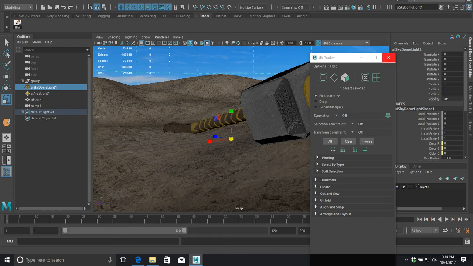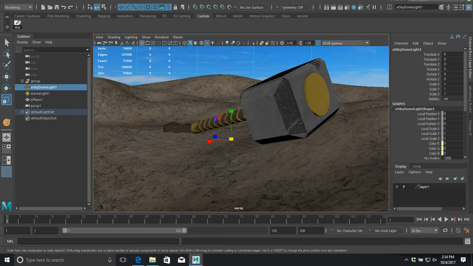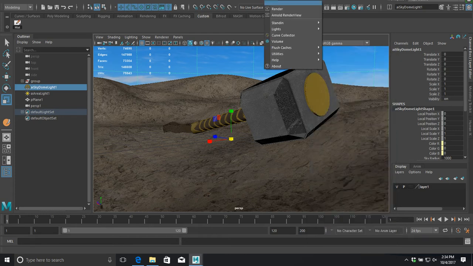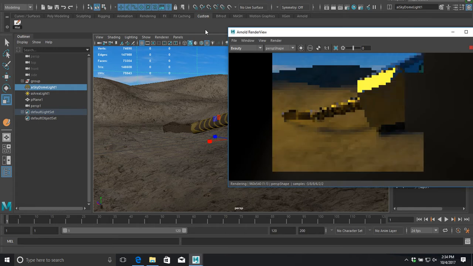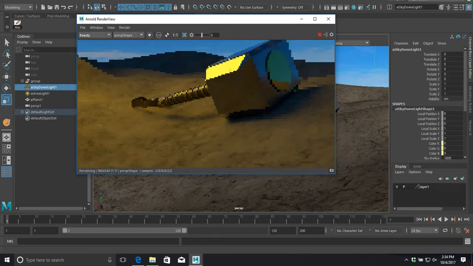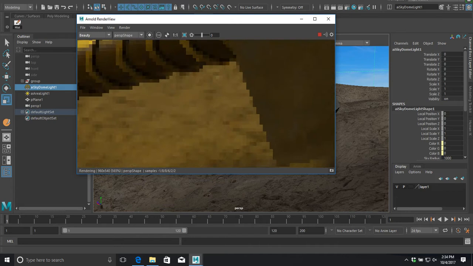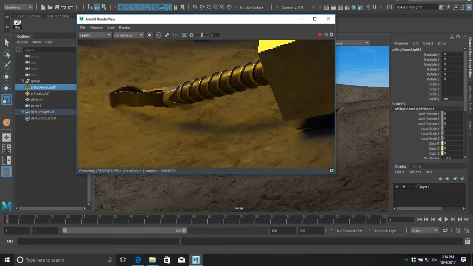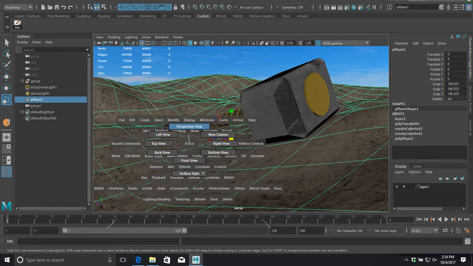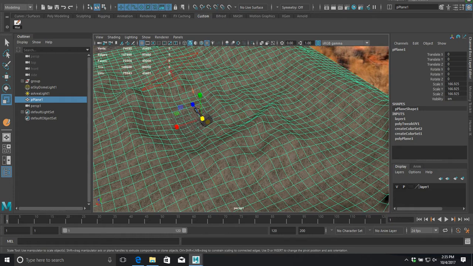Alright, so here's the angle that I decided on, is this one here. I'm going to do my little Arnold render. There's my hammer. I want to make sure that it's still making contact with the ground so that it feels like it's actually touching the ground. So here, if you look, the base of this is not touching the ground. There's like this huge gap there. And so it looks like the handle, the strap area is really stiff, and that's what's holding it up, and that doesn't make sense. So what I need to do is switch back to my other camera, find the hammer,